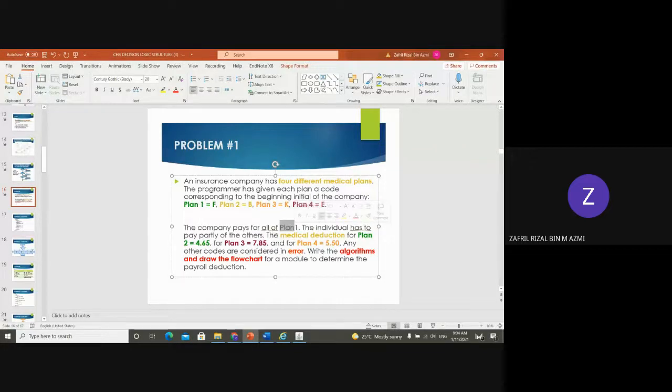For example, plan 2 the user needs to pay 4.65, the rest will be paid by the company. Plan 3, 7.89. Plan 4, 5.5. Any other codes are considered in error. For example, if the user enters plan 5, it is an error. So write the algorithm and draw the flowchart